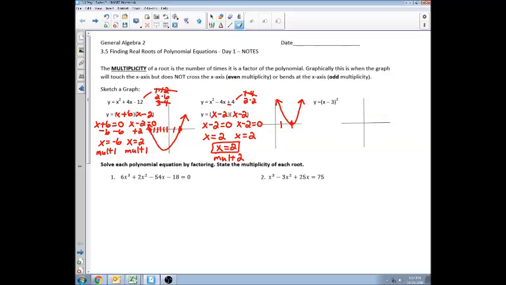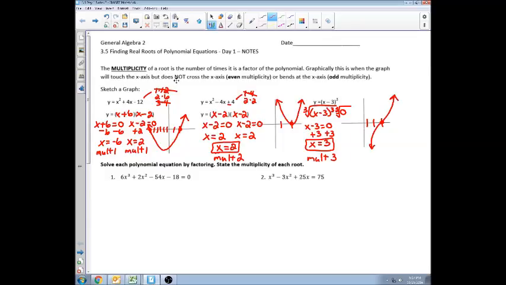So what I'm going to do instead is take x minus 3 cubed, set that equal to 0. I'm going to take the cube root of x minus 3 cubed and 0, so I'd have x minus 3 is still equal to 0. Add 3, so x equals 3. But since I actually had x minus 3 three times in this problem, my multiplicity here is going to be 3. The other thing that we have to know about is a cube root graph is one that kind of looks like that sideways S